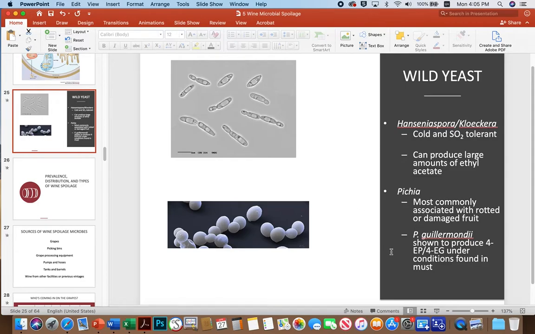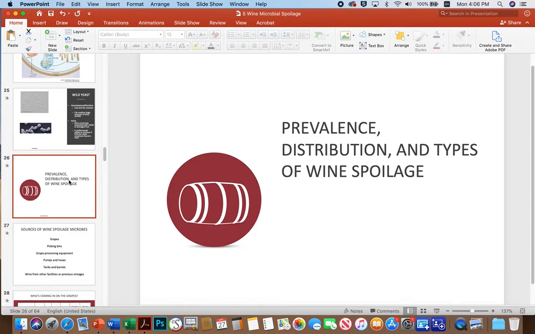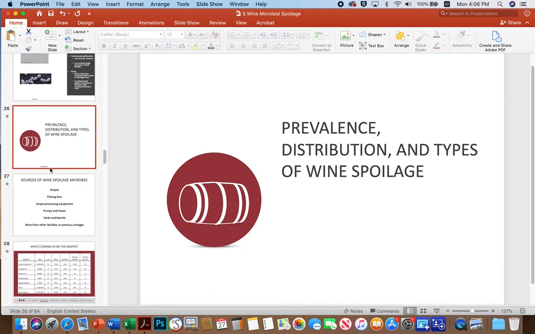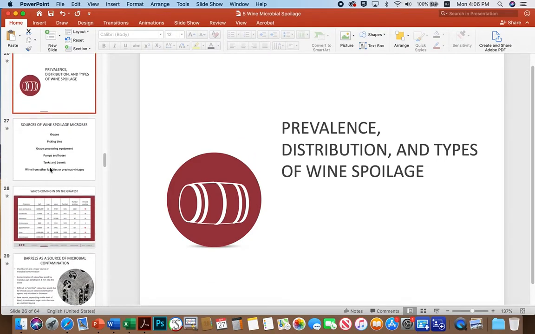But also these guys produce 4EP and 4EG, similar to Brettanomyces, under the appropriate conditions. And so again, 4EP has a low sensory threshold and creates that phenolic Band-Aid type smell, and 4EG is more of a smoky clove. So some of the prevalence, distribution, and types of wine spoilage are outlined in these next